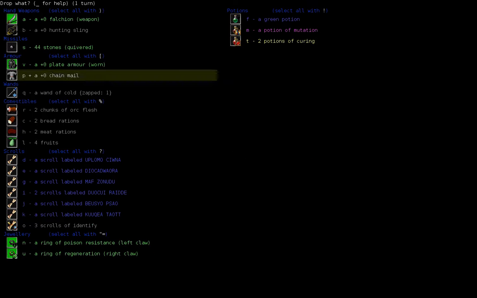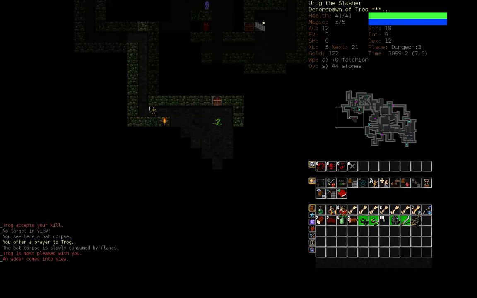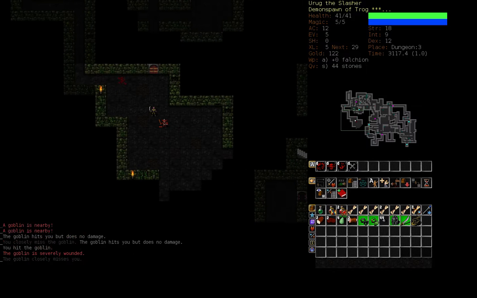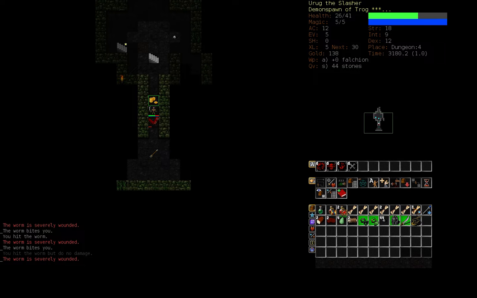And we also found a plate mail. So we're set in terms of survivability. The only thing we would like to find is maybe a shield or a buckler. Or hey, even a two-handed sword. Why not? But as for right now, we're getting...